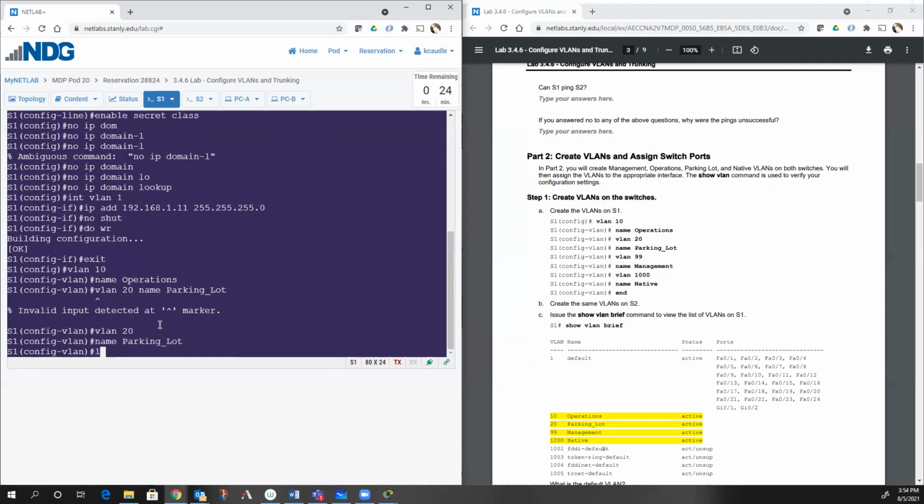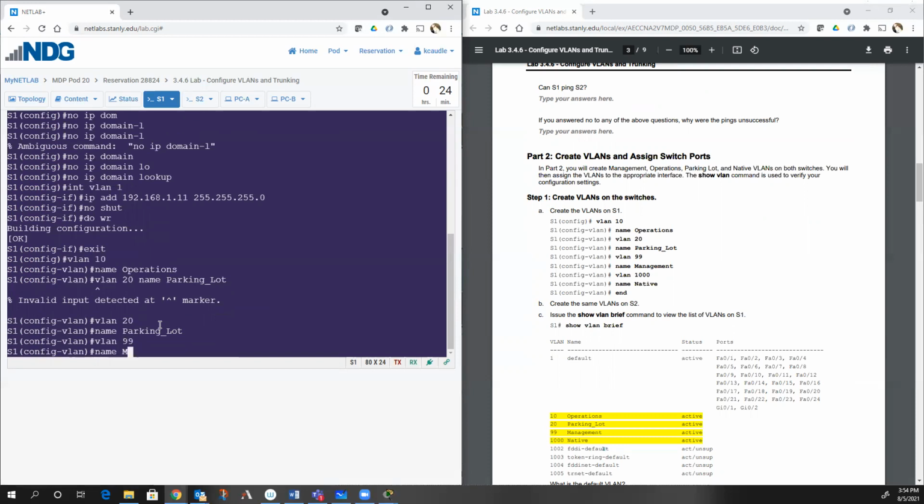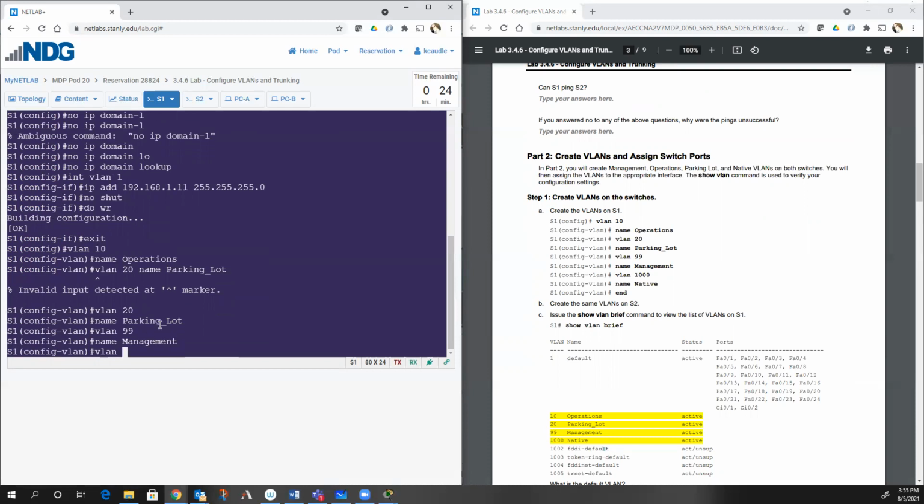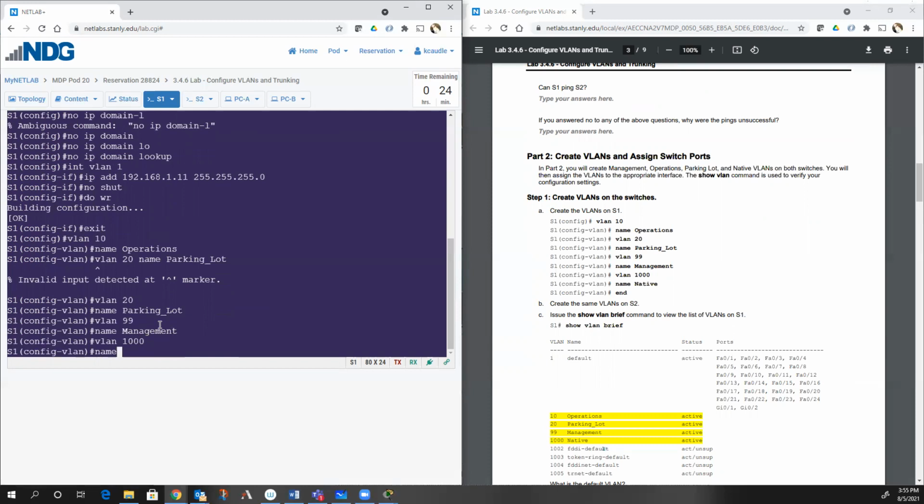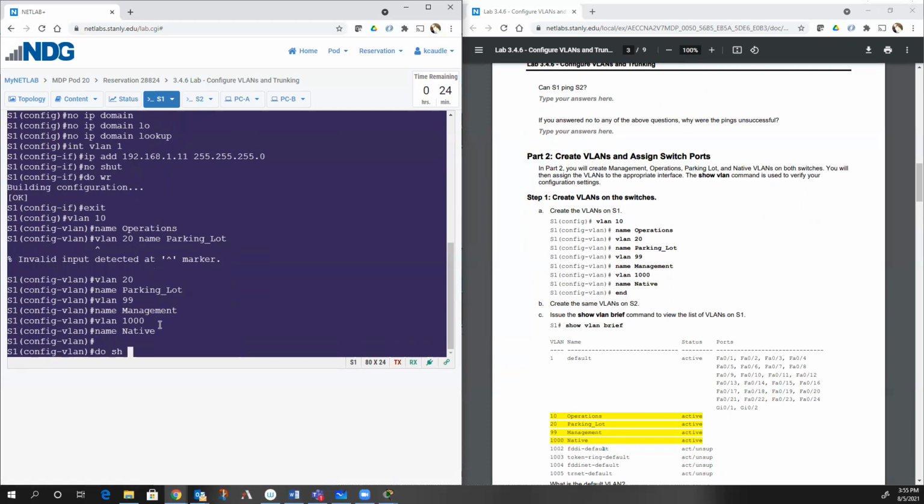And then VLAN 30. 99. Oh, is it 99? Oh, sorry. VLAN 99, name management. And VLAN 1000, name native. So now if we do a do show VLAN,